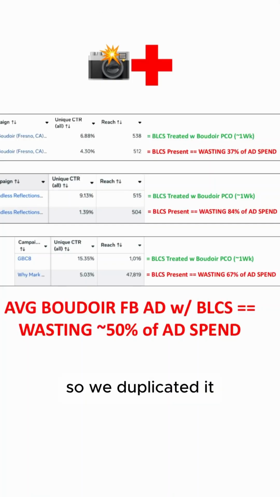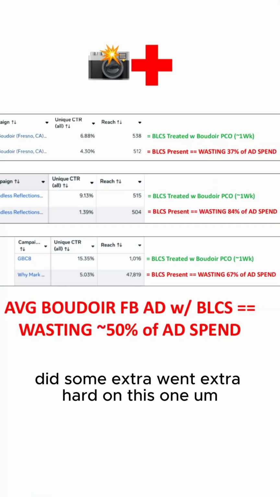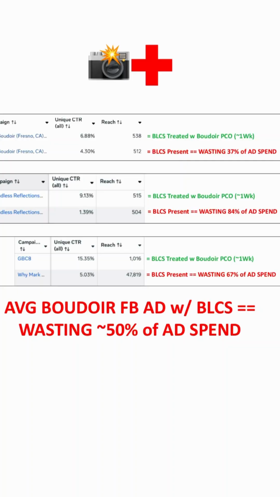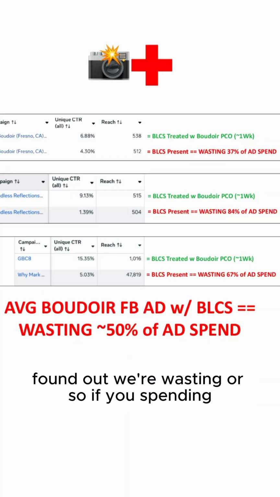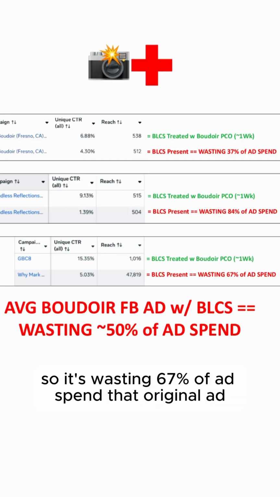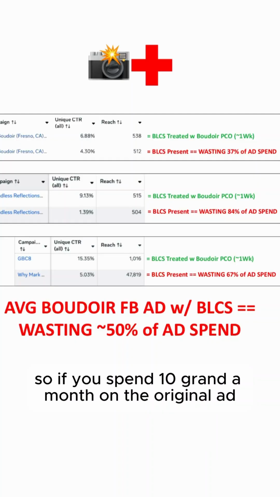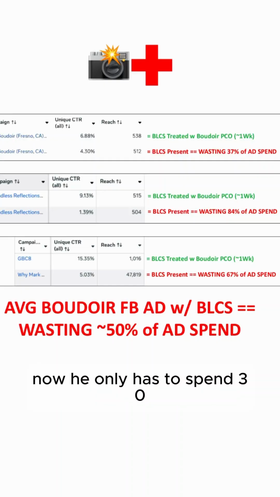So we duplicated it, did some extra, went extra hard on this one. Treated with Boudoir Pico, took about a week and got his unique CTR all up to 15.35%. So he was wasting 67% of ad spend on that original ad. So if he's spending 10 grand a month on the original ad, now he only has to spend 3,300 bucks